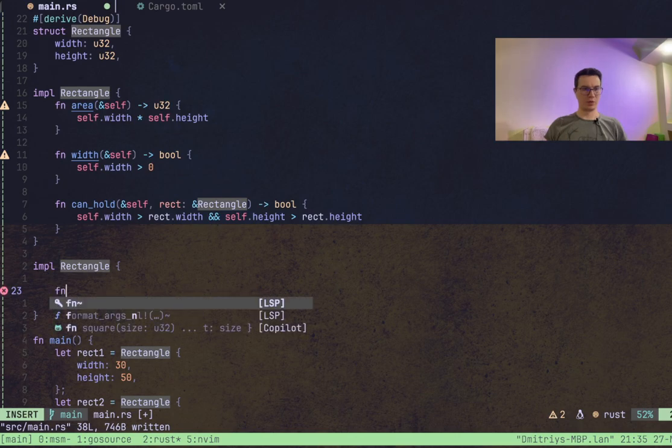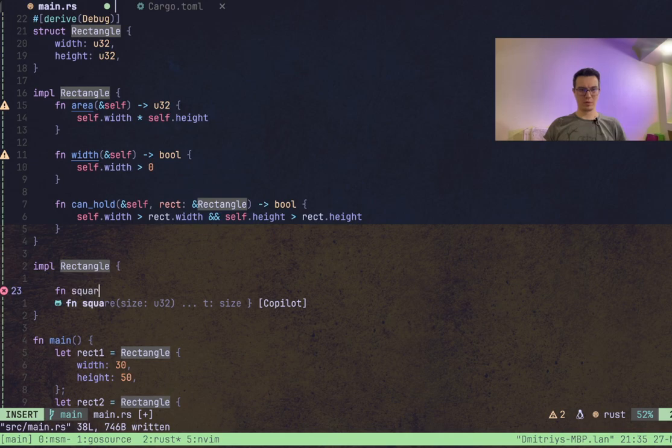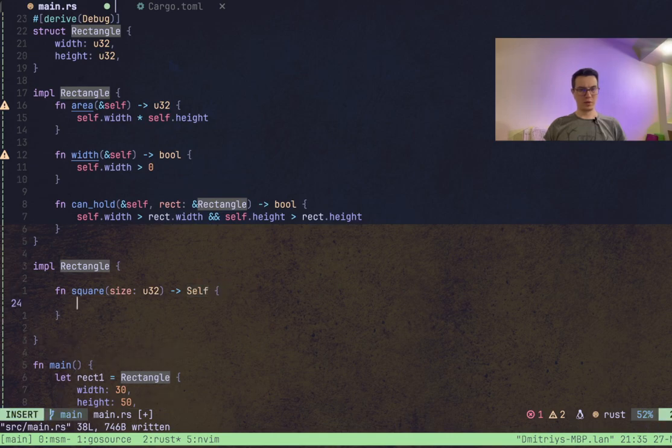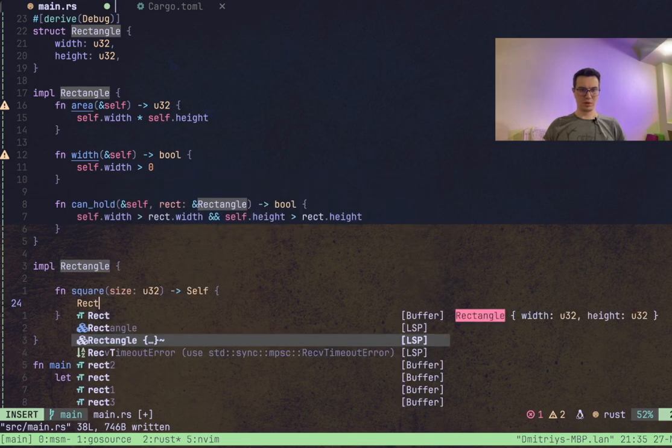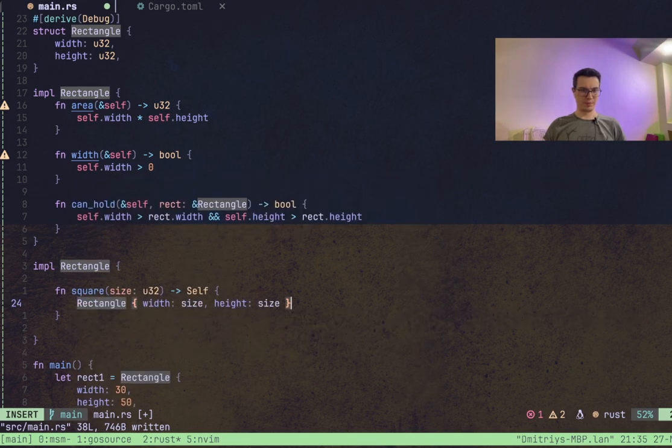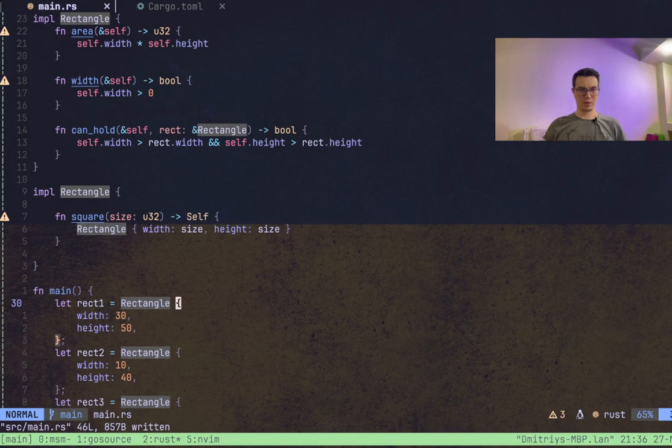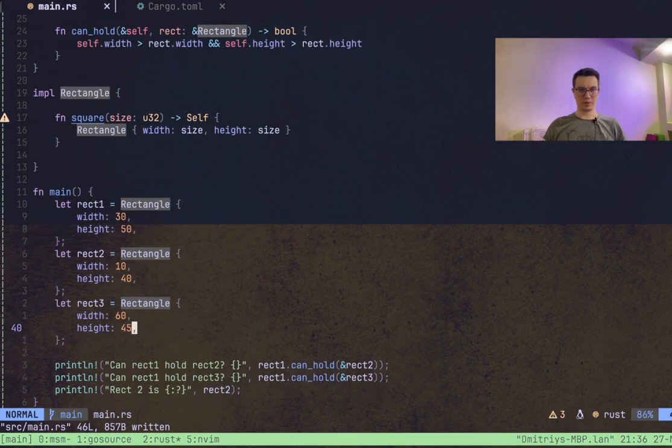So have a function square with size 32, and it returns Self, and here we create a Rectangle like this. No error complaints, so